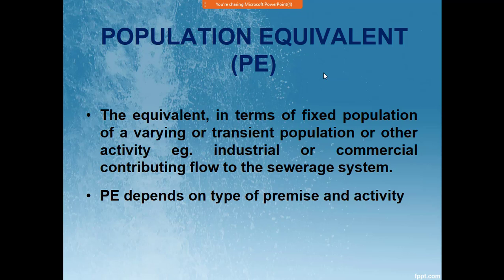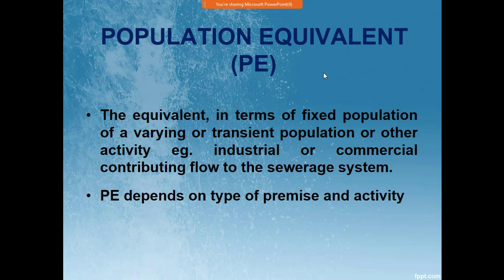The same also applies to what we call population equivalent. It is the same as the molar weight. You remember that in chemistry we convert every element into its molar weight, then we can add them together. So here we have something called the population equivalent. It means that the hospital uses water, so how much is that equivalent to population? A hotel will also consume water, but it's different from the hospital. So how much can it be converted to population?